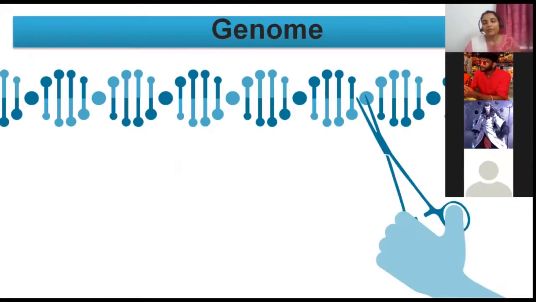So we came to know what is DNA. We came to know what is gene. Gene is a set of DNA, right? It is made up of DNA. Now what is genome? You'll be understanding that I'm trying to take you towards what is genomics. We learned about DNA, we learned about gene, we are now going to see what is a genome.